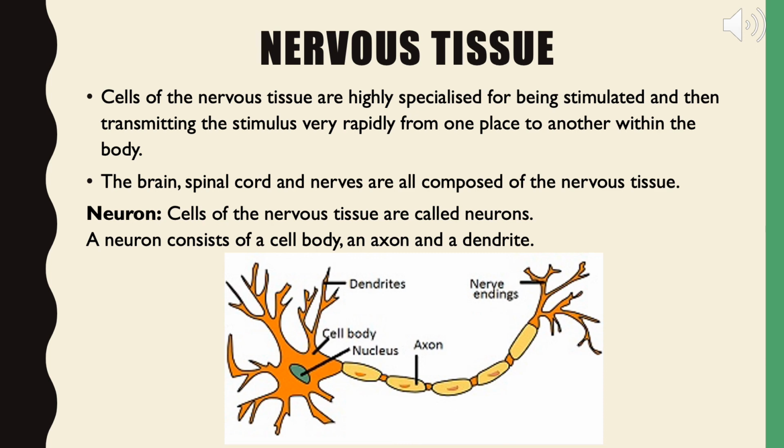again a gap will be present between the two neurons, and that gap is filled with a liquid called neurotransmitter, and this electrical impulse gets converted into a chemical impulse. When this chemical impulse passes through that gap and reaches the next neuron, again that chemical impulse gets converted into an electrical impulse. So the impulse travels through this neuron body in the form of an electrical impulse.